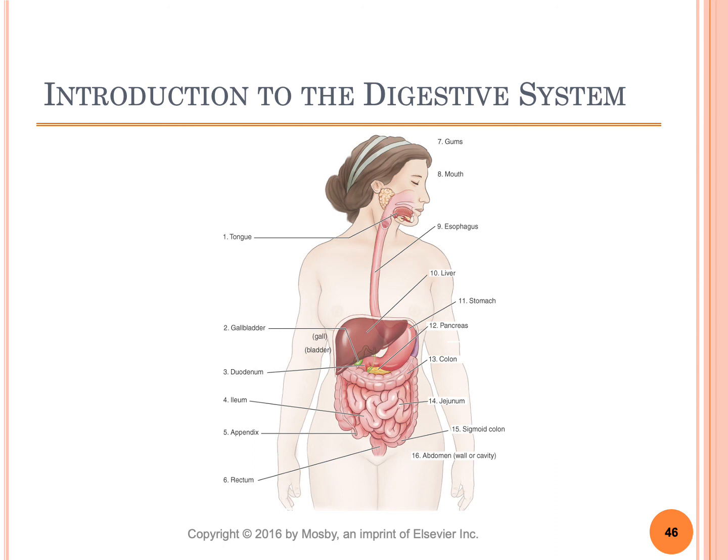Once the food gets into the stomach and these juices are mixing with it, it becomes something called chyme. And that chyme is eventually going to leave the stomach through the first part of the intestine,